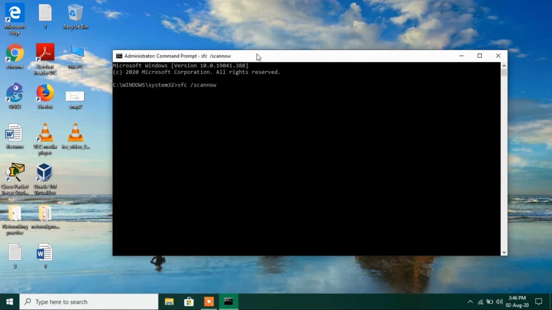What this will do is scan the Windows files for any sort of corruption and repair it also. So wait for it to complete this process. Let it complete 100%, and after that check whether your sound issue is fixed or not.